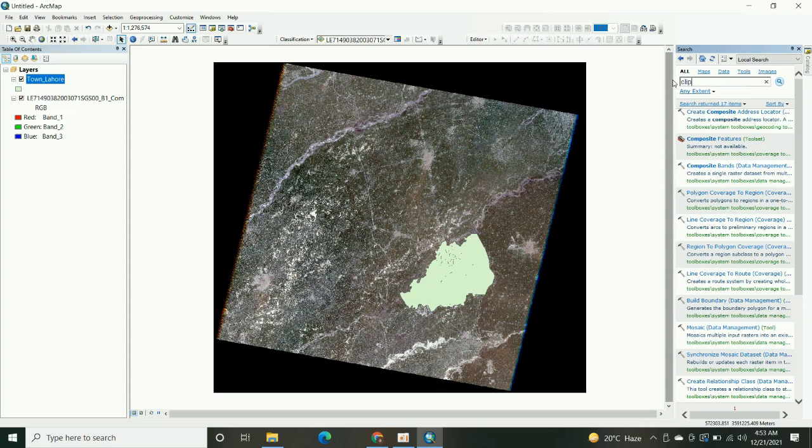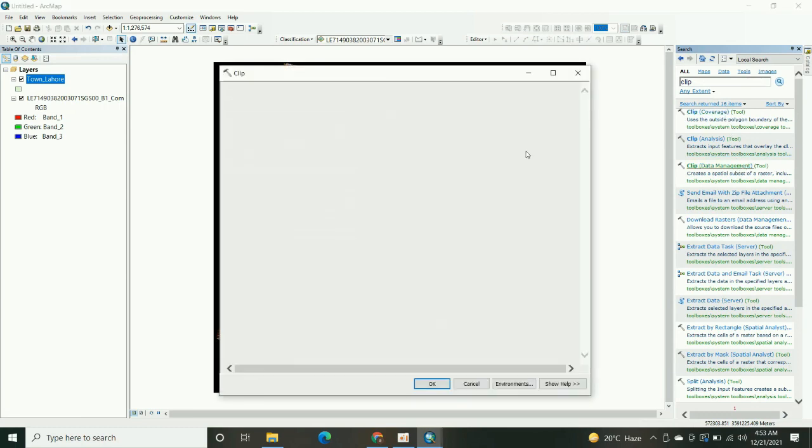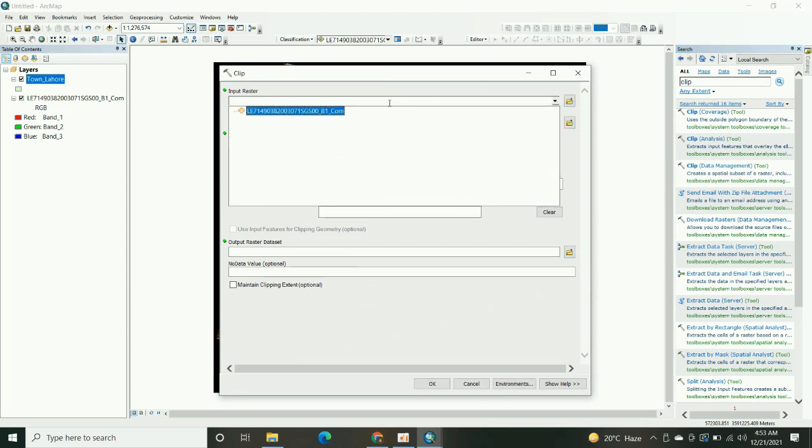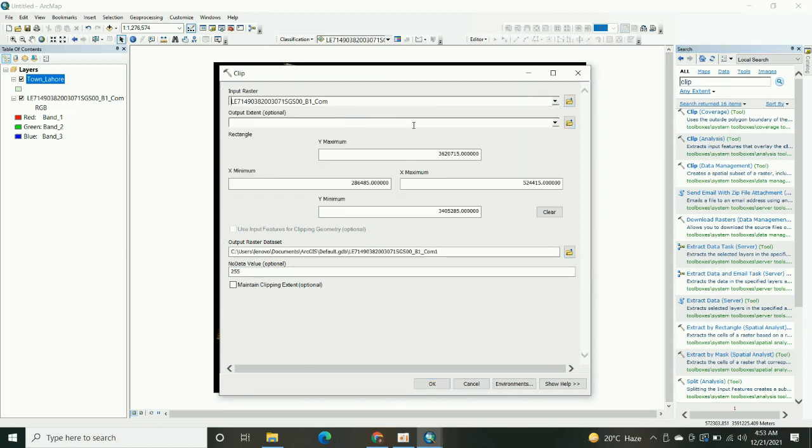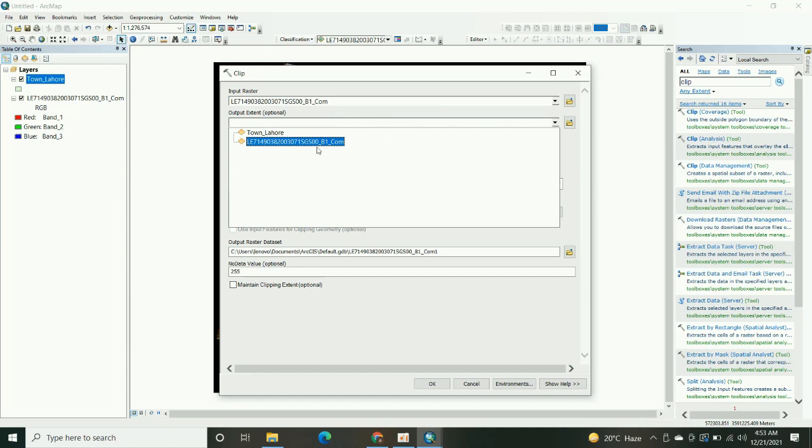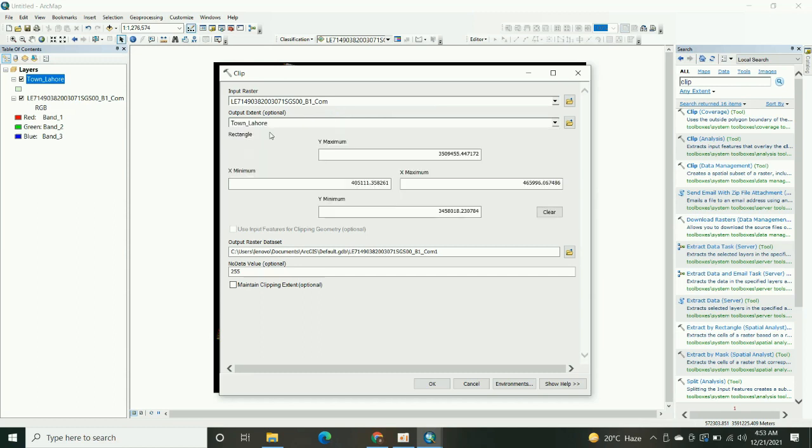If the coordinates are the same as the imagery, it will automatically lie on the area which you want to clip. There are two procedures to clip the area. First of all, you can choose the Clip tool, load the input raster, and then set the output extent as the shapefile area. Like I am going to clip the town of Lahore.